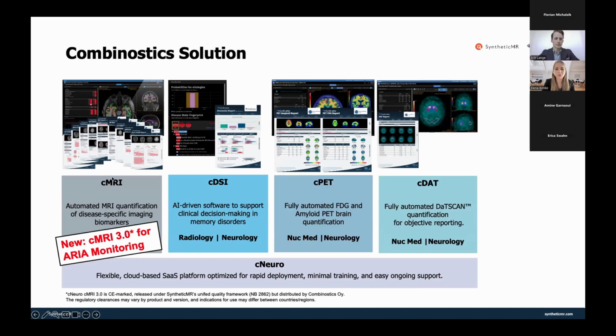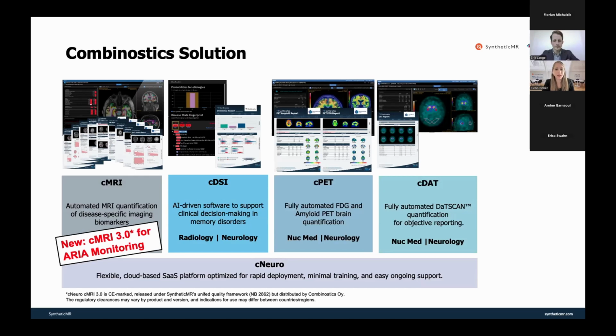This is our automated quantification solution where you can process 3D T1 and FLAIR images. You get volumetric outputs as well as automated lesion detection. And now with our most recent addition, SyMRI 3.0, you can quantify additional markers, also from T2 star gradient echo images, where you can detect microhemorrhages and superficial siderosis, as well as from the FLAIR sequence, lacunes and